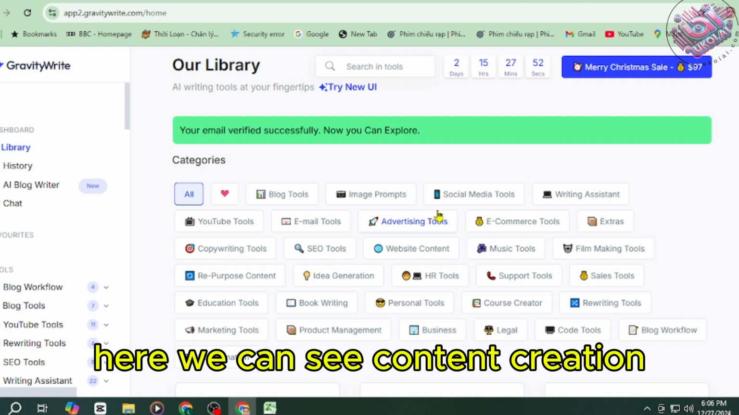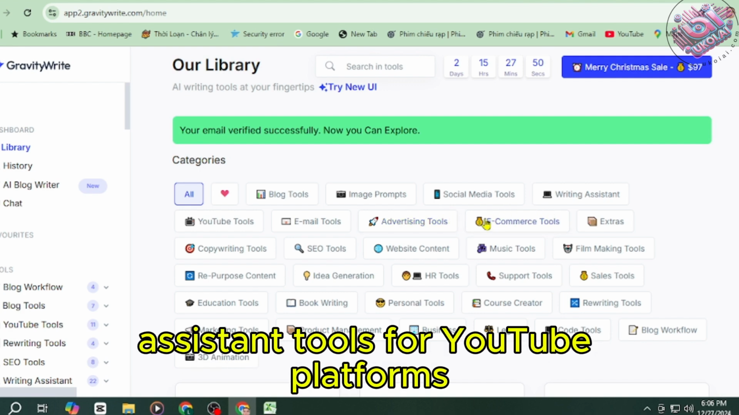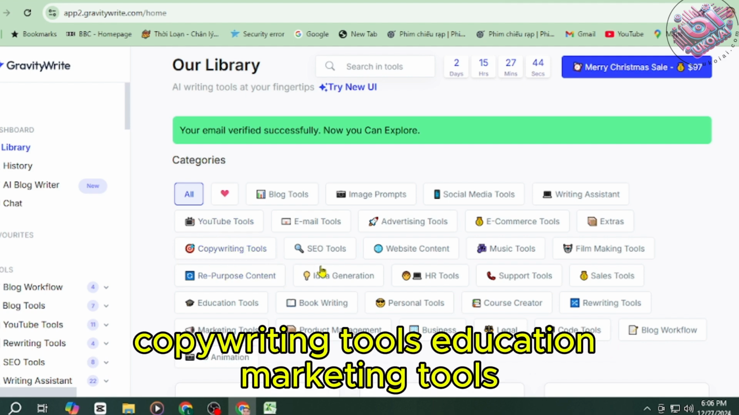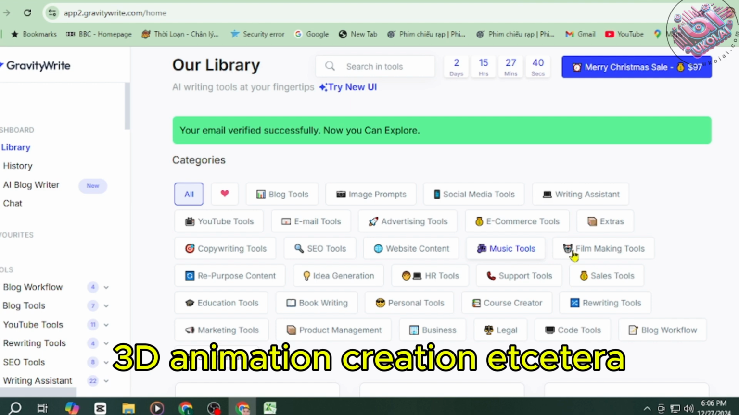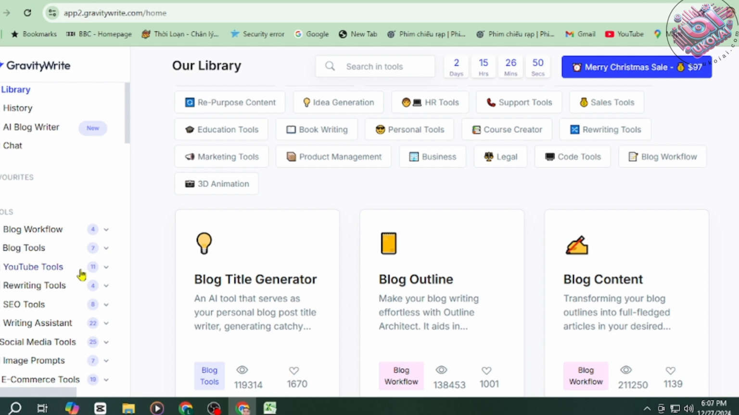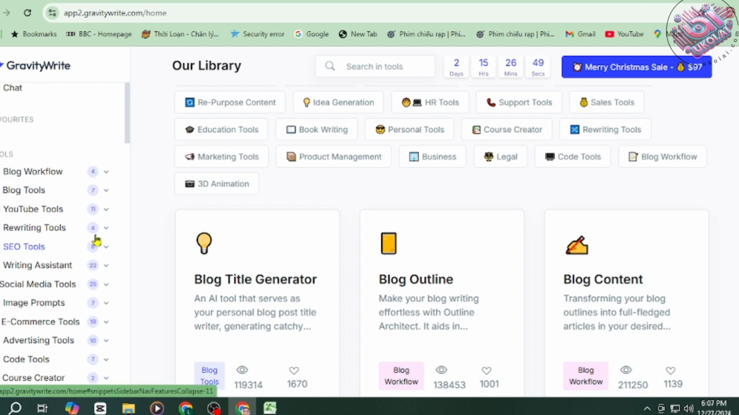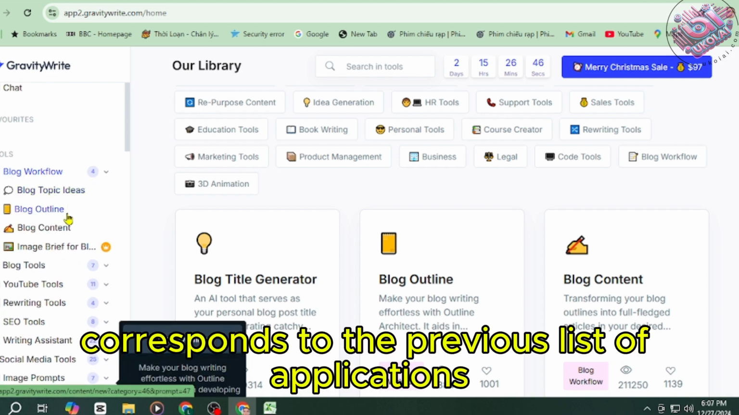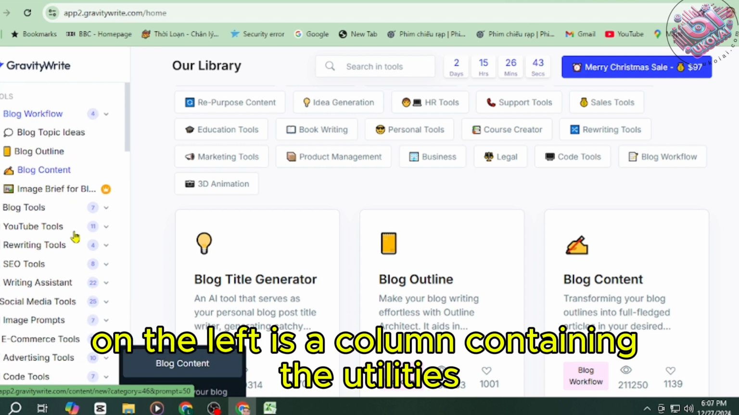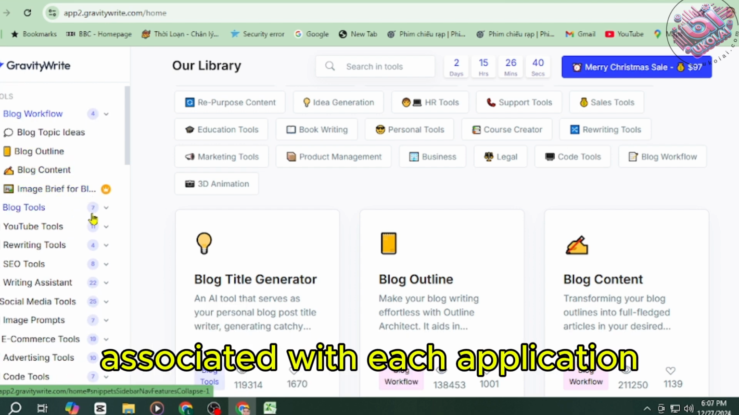Here we can see content creation assistant tools for YouTube platforms, email, advertising, e-commerce, copywriting tools, education, marketing tools, 3D animation creation, etc. Lots of tools and utilities for you. Corresponds to the previous list of applications. On the left is a column containing the utilities associated with each application,